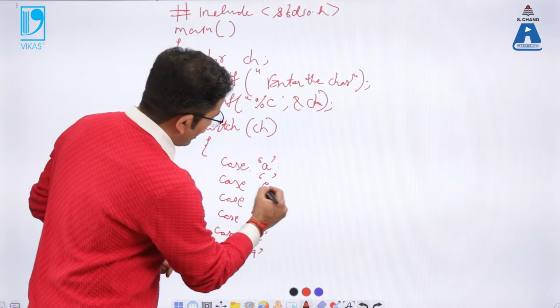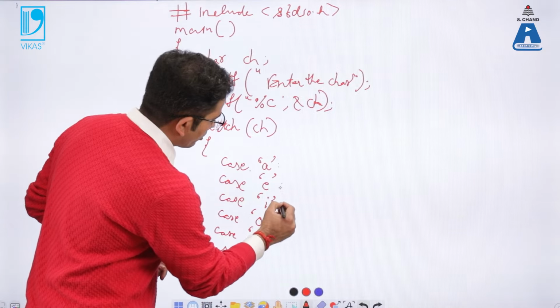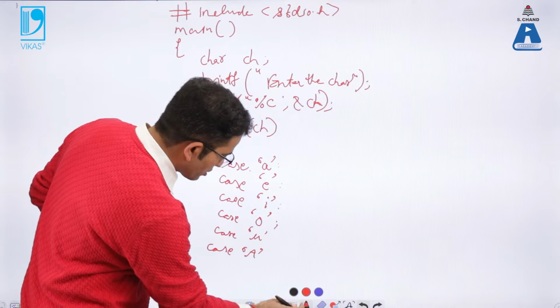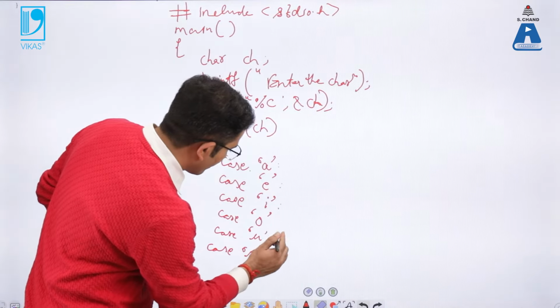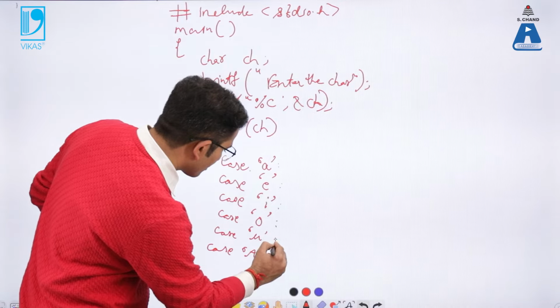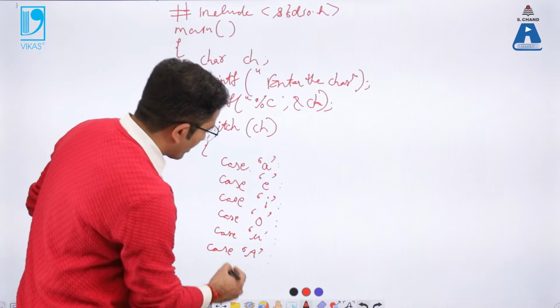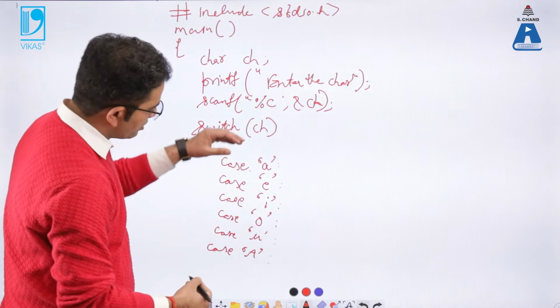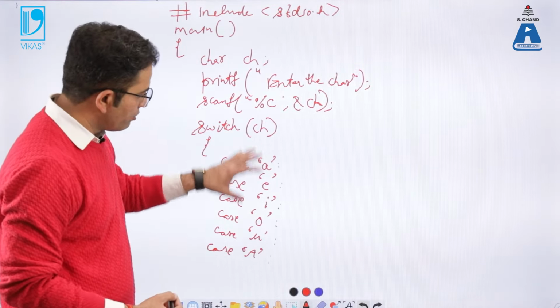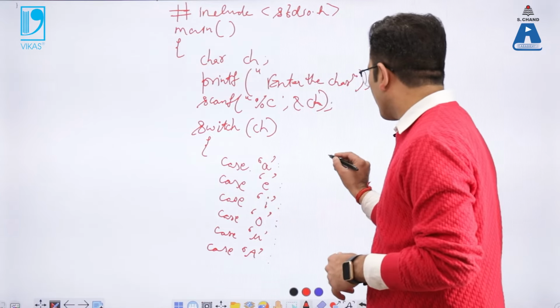After every case we have to apply the colons. Don't forget to apply the colons, otherwise it will give you the error. Okay, all the cases of lowercase and uppercase will be written, and in the last of the case,